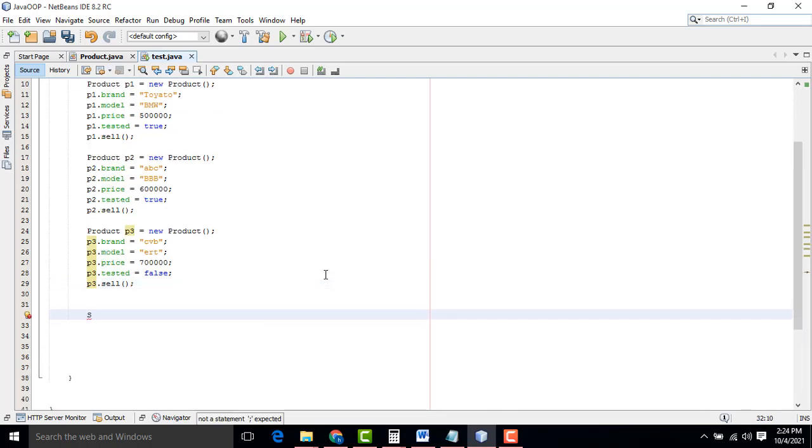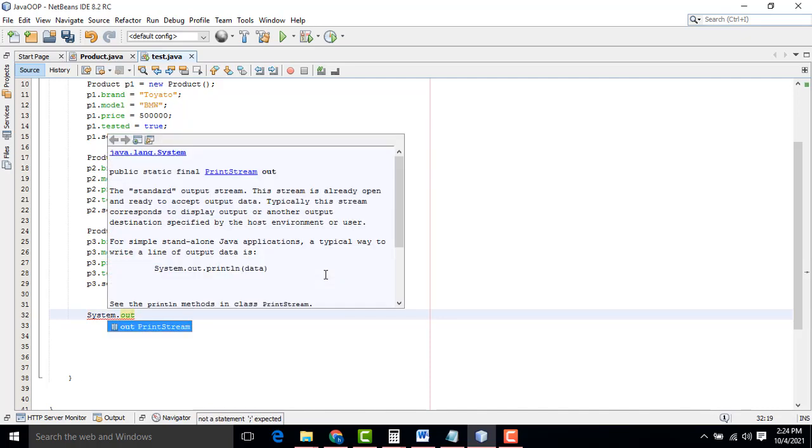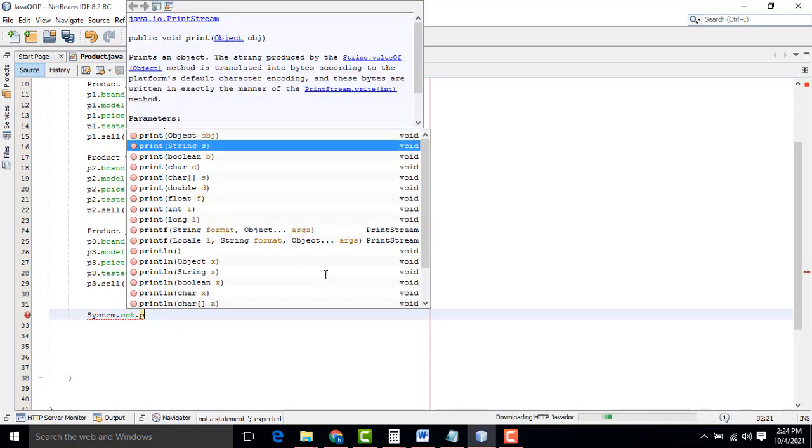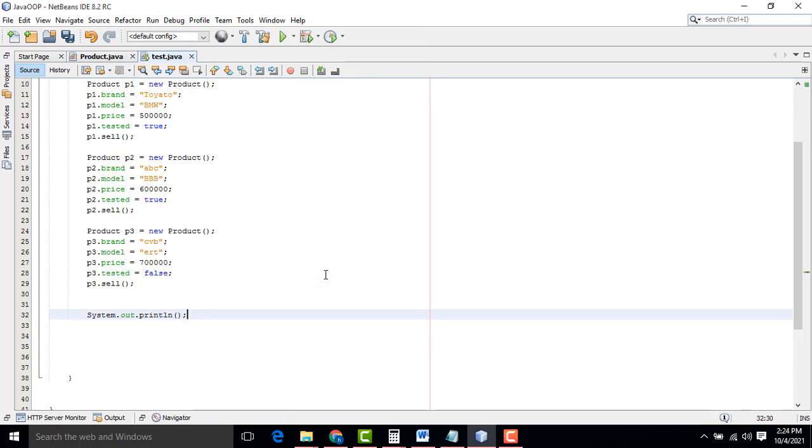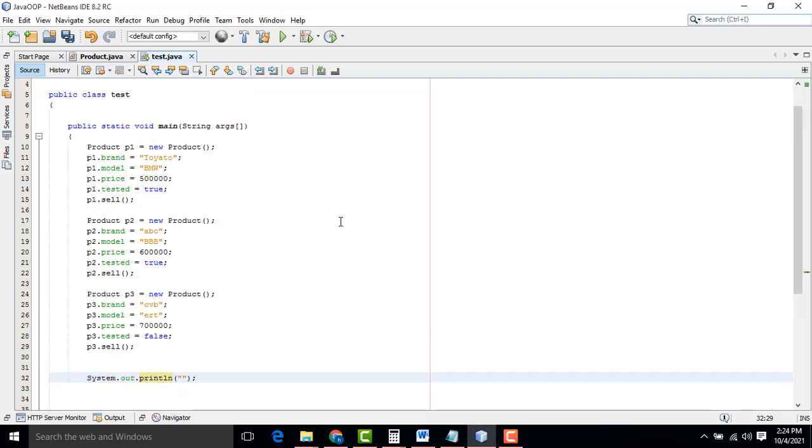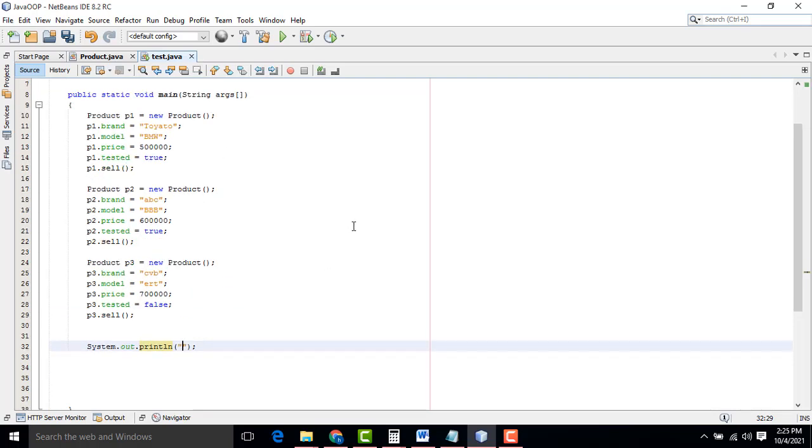After that, you have to print out with System.out.println. You have to write "The brand is". I'm going to print this brand, so brand is, and you use the concatenation operator plus.